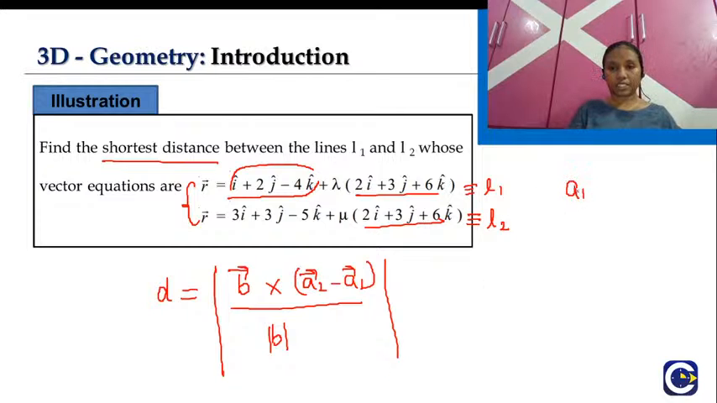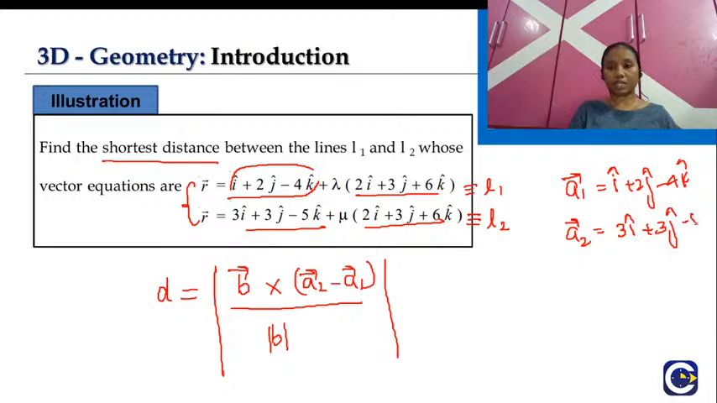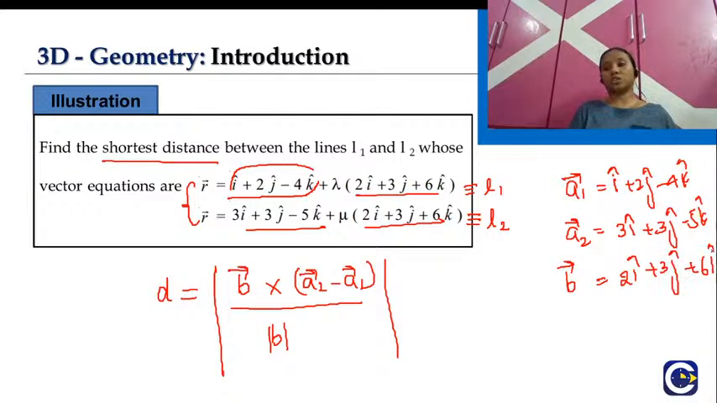So from here I can say my position vector A1 bar is nothing but i cap plus 2j cap minus 4k cap. And what about my A2 bar? My A2 bar will be this vector, that is 3i cap plus 3j cap minus 5k cap. Then from here, what is my B bar? My B bar is directly this common vector, that is 2i cap plus 3j cap plus 6k cap. So once we get all the vectors from the equations of the lines, A1 bar, A2 bar and B bar,